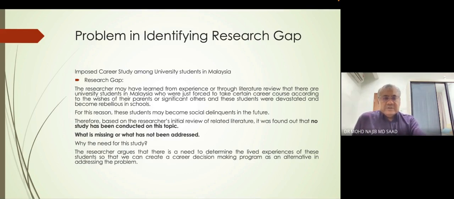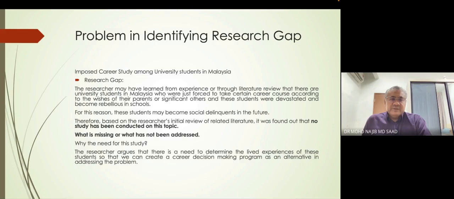And with this, we call that phenomenon forcing students to take a certain course for a future career. For this reason, the student may become a social delinquent in the future. And we need to argue, critique, comment, and come up with our point of view. For example, therefore, based on the initial review of related literature, it was found out